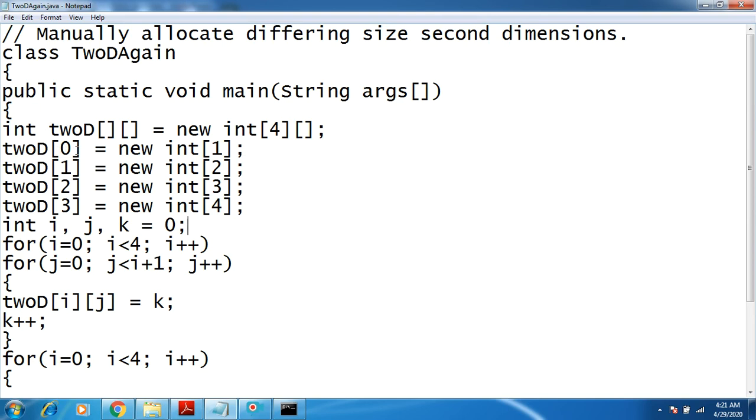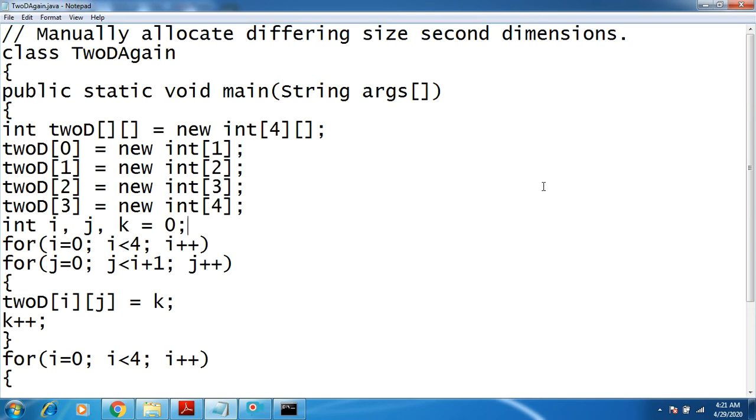That is, 2d of 0 should contain 1 column, 2d of 1 should contain 2 columns, the third row should contain 3 columns, and the fourth row should contain 4 columns. Like that we have to define it, which is called a jagged array.